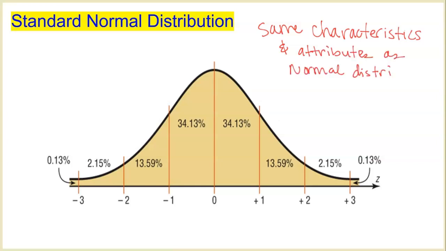The only thing that's different is the scale of the horizontal axis, because now it will always be centered at 0. So the average would be no standard deviations, 0. And then as we move away from the average, this is represented in z-scores instead of actual values. We'll talk more about that in section 2 of chapter 6. In this section, it's only how can we use this distribution to help us find the area under the curve